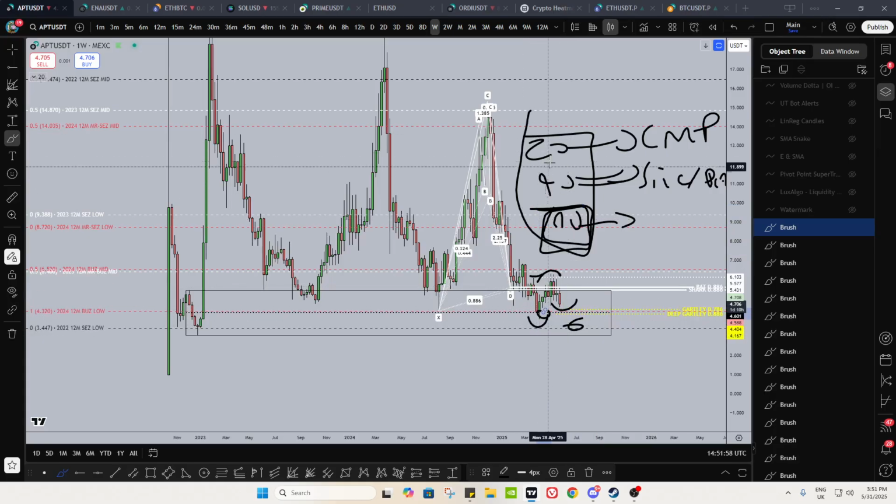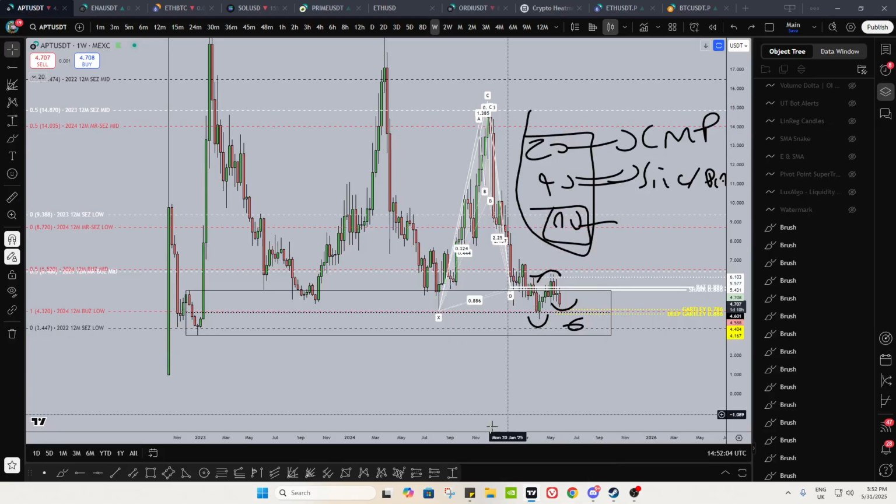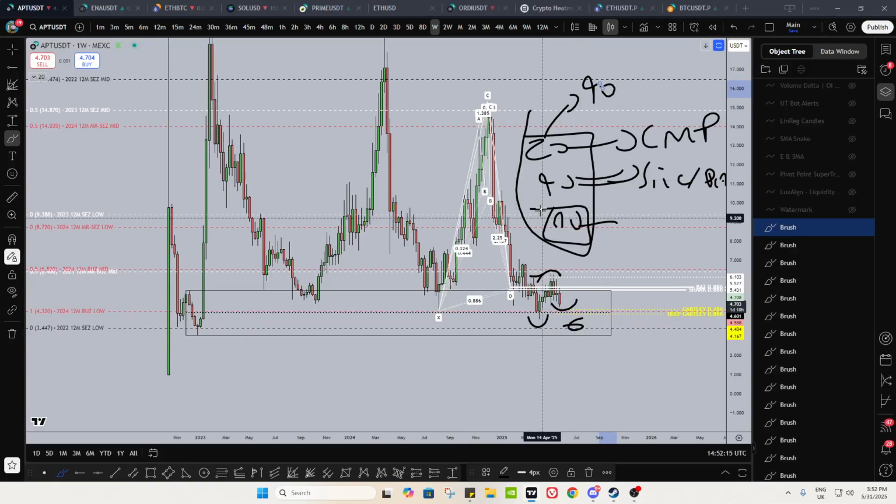And since we entered here, my initial entry wasn't 20. Your ratios are completely dependent on when you do your initial entry, how far away is your stop loss? In this case, stop loss was literally 10% away. So it doesn't make sense for me to only risk 20% when I have such tight risk management for spot. So I was in 40% there. Right? That means I've got 60% left.